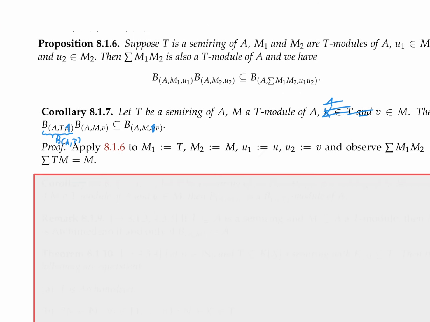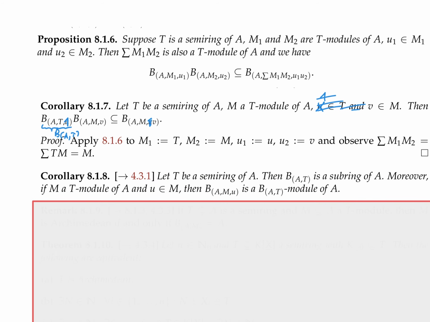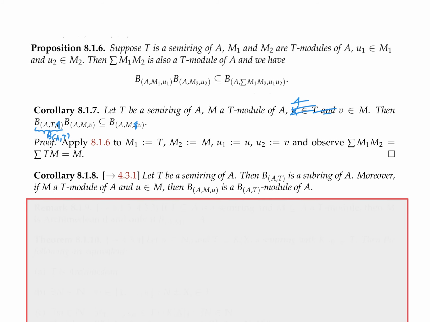So let's now look. Let T be a semiring of A, then BAT is a subring of A. Okay, why is it a subring of A? Well, it's closed under multiplication. You see this, namely, if you take still a more special case, if you take M equal to T, because T is a T module of A,